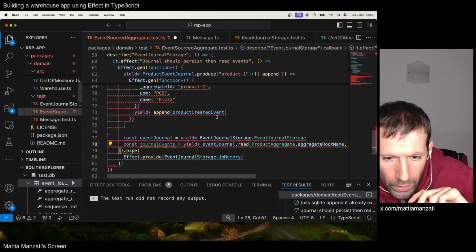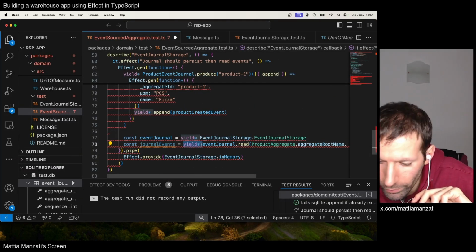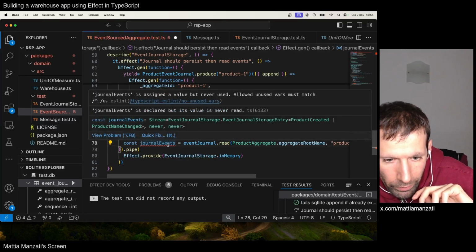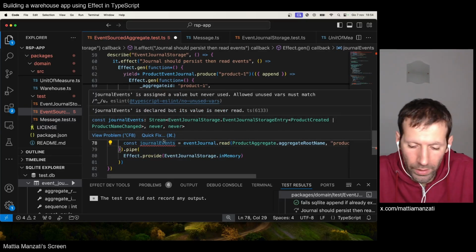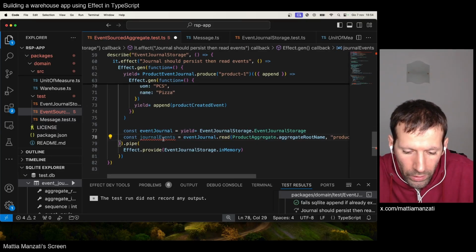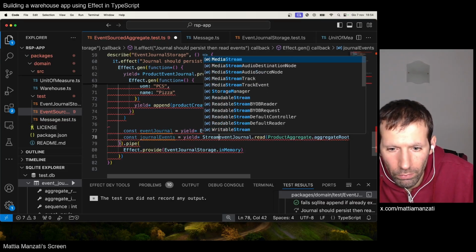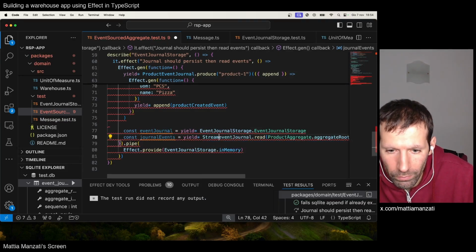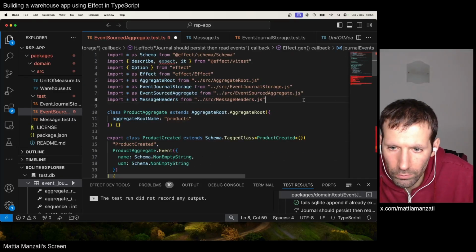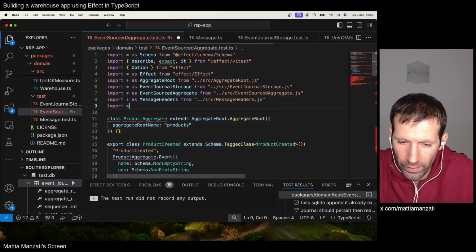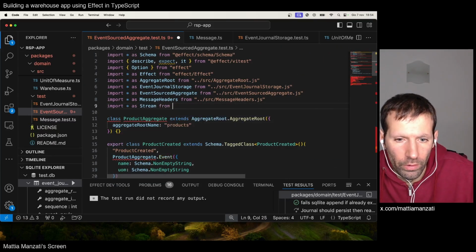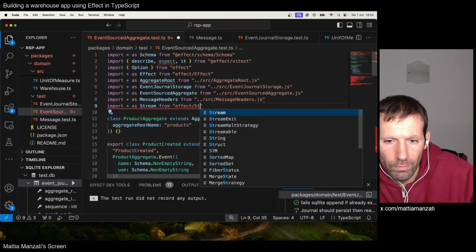Oh yeah, I'm yielding a stream. I cannot yield a stream. I can do things like yield star stream, and we need to import stream from effect. Import everything as stream from effect stream